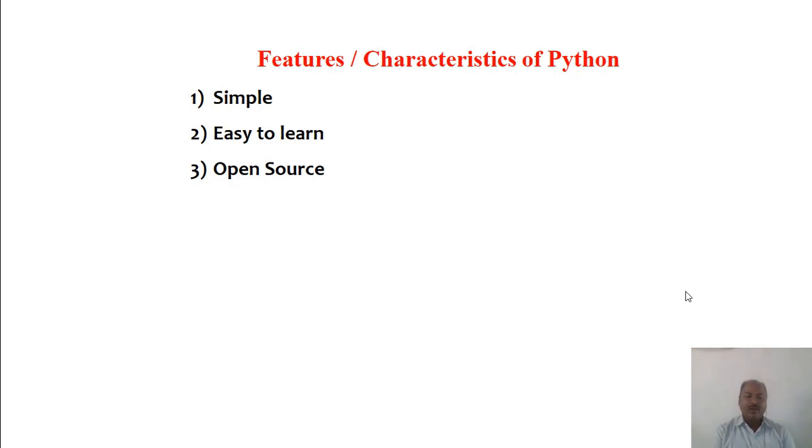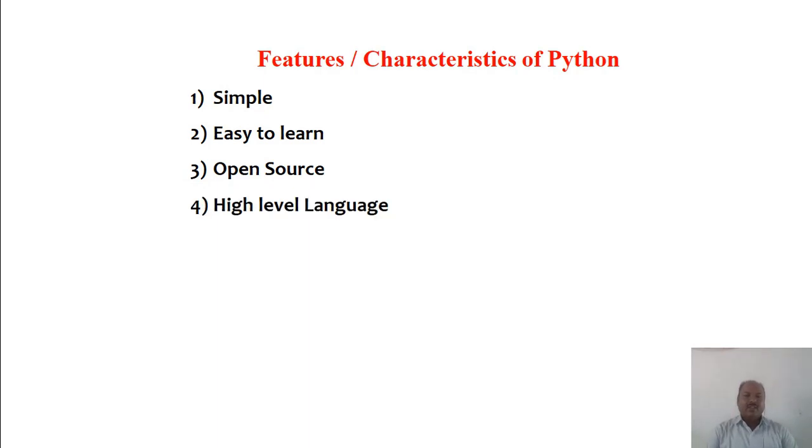Python can be freely downloaded from the www.python.org website. Its source code can be read, modified, and used in programs as desired by the programmer. It also contains some already built-in modules, some previous code that we can use in our programs. Such languages or softwares are considered open source. So Python is open source software, and you can easily download it from